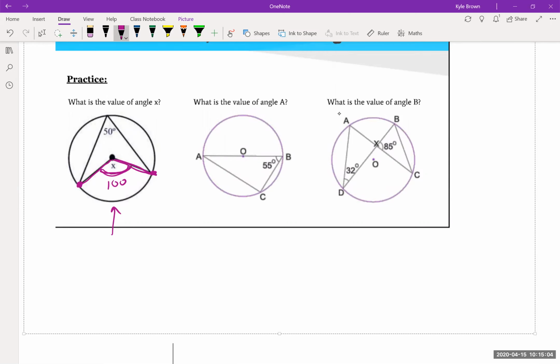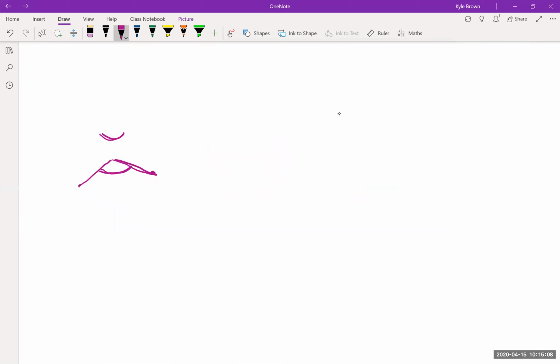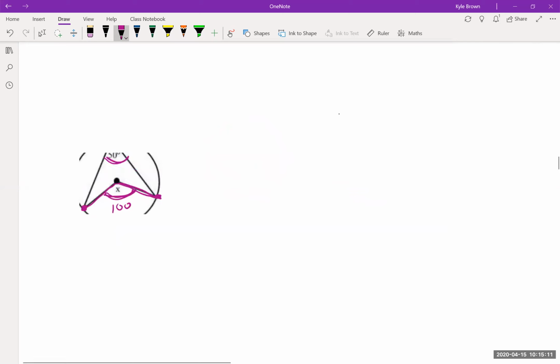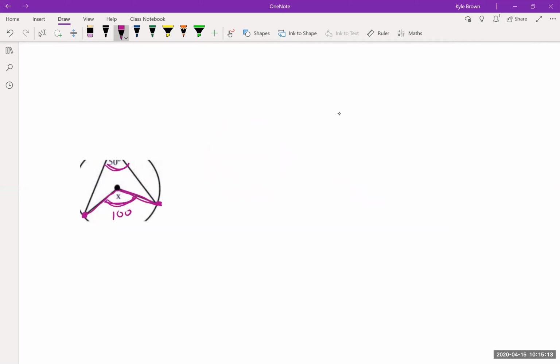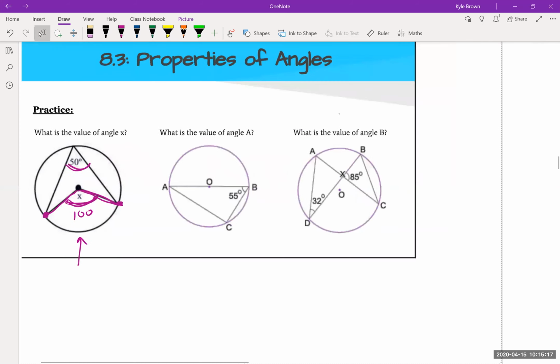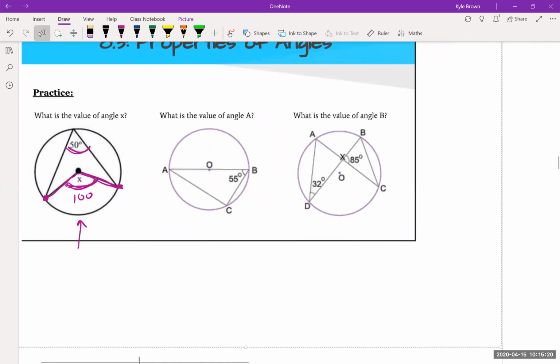Well, there's my central angle. There's my inscribed angle. And property number one said that the inscribed angle is always going to be half of the central angle, right? Okay, next one. What's the value of angle A? So this angle. Okay, so this one's going to be a little bit more thinking. Not too bad, though. What we have to look at here, so property number 3